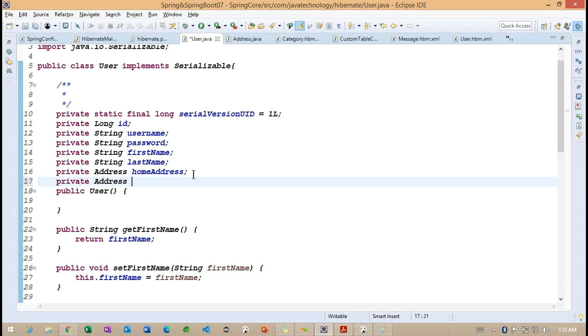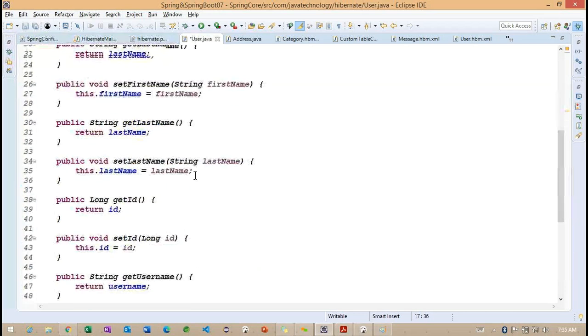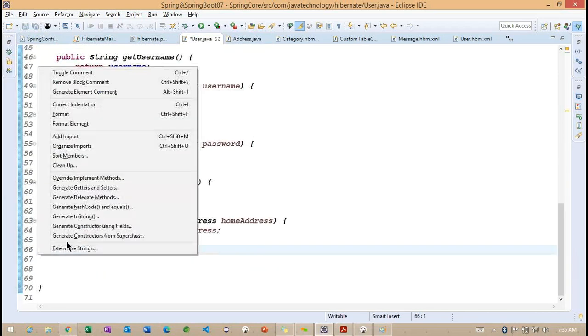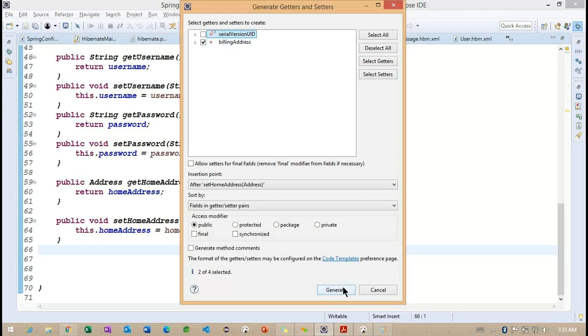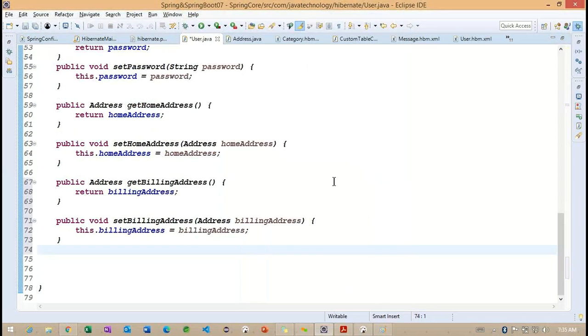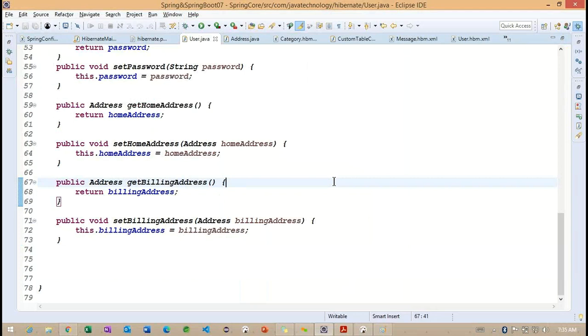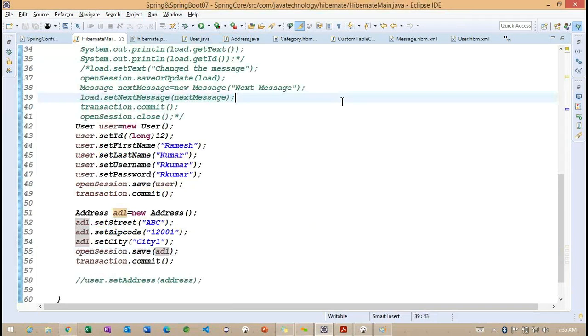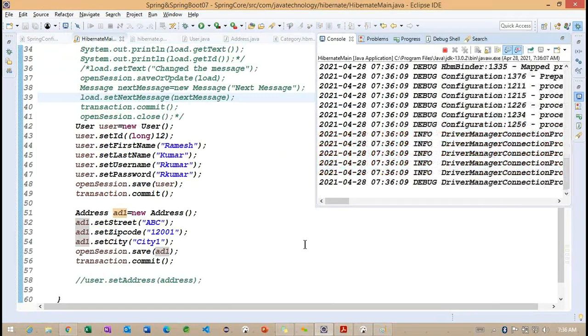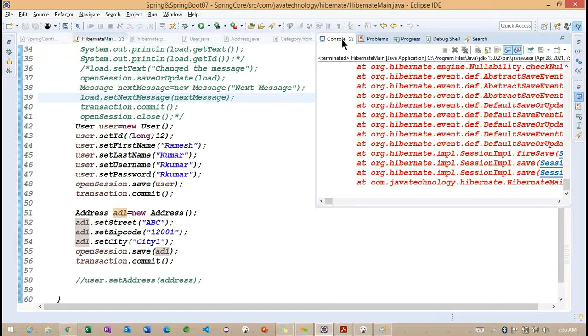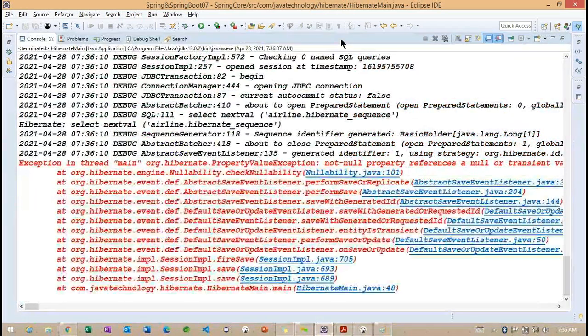So to add the billing address information, what I need to do? So we need to recreate one more address here. We need to recreate this particular billing address here. Setters and getters here. Getting the point. So whenever we are trying to provide this particular component information inside this particular user mapping file here, what exactly is expected here? Hibernate is expecting here, get the information of each component here. Now understand here, so still we are getting here. So we need to understand here, very carefully here.